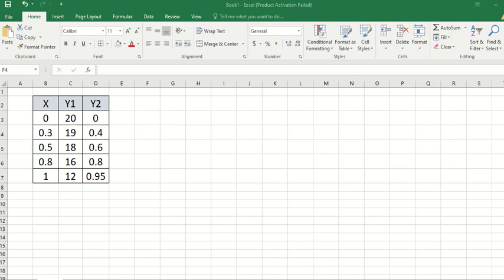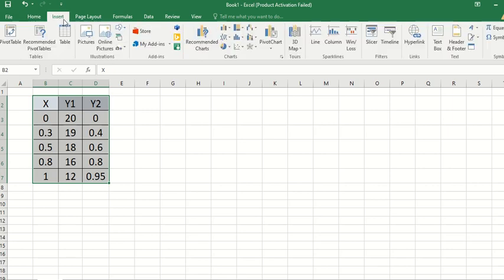In this video, we will see how to add a secondary y-axis. So here I have x-axis values given, and on the y-axis I have to plot two curves, y1 and y2. How to do it is that you pick all the values, go to insert, and I will select